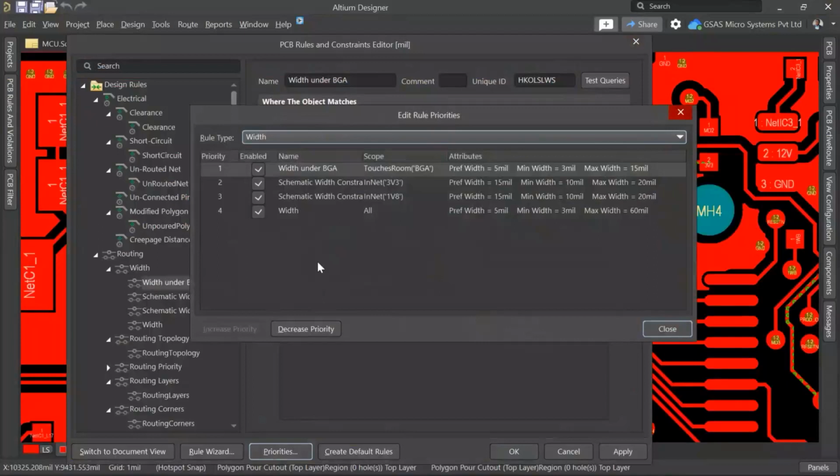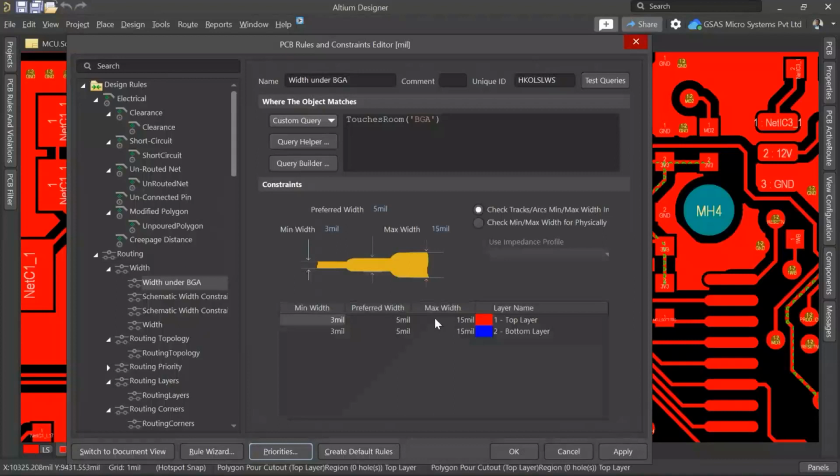Like this, we have to prioritize your design rules, and you can overcome all your issues in Altium Designer. And also, there is a new update inside Altium Designer. In the 21, I think in my earlier webinar, I also showcased this with the new editor. It's like a document view. If you click on this switch to document view, it will open like a PCB editor, like a schematic editor, as an editor window which will give more flexibility to assign the design rules.